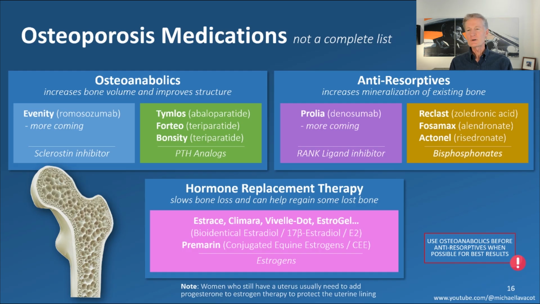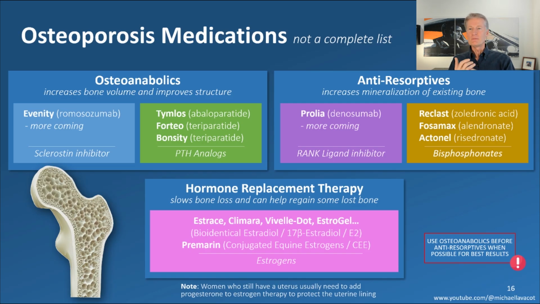If we take a look at the picture of this bone, there's kind of the outside edges here. I'll use my mouse. The outside edges here, and just inside the outside edge here, that's called cortical bone. And then inside is called trabecular bone. Okay, complicated terms, don't really care about that. The bottom line is what these medications are going to do is thicken those walls, right? They're going to start bridging some of those connections that got broken as you aged, as you became more osteoporotic. So you'll build back some of that structure. The walls are getting thicker. You're adding strength. You're adding mass to the bone. And that's how this class of drugs works.